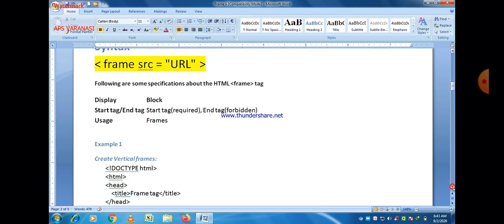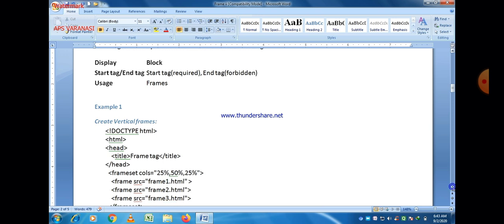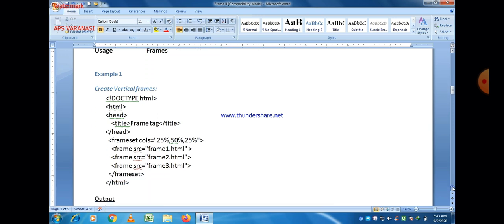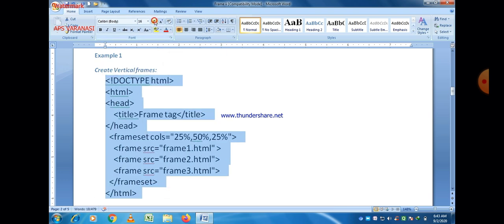The next example is related to creating a vertical frame. Frames can be used in two ways, vertical or horizontal. First of all, let us talk about vertical frames. There is a small program here which shows the use of vertical frames. The program always starts with HTML, and there is a doctype HTML tag which shows the type of the document is HTML.